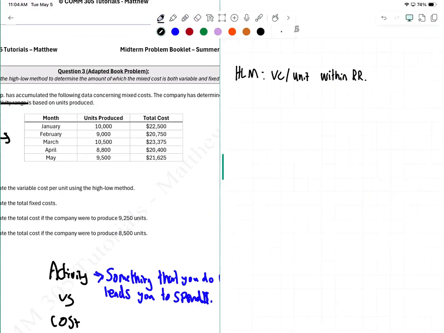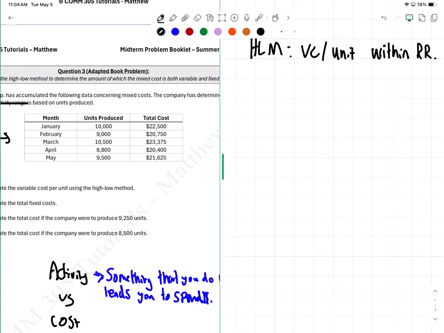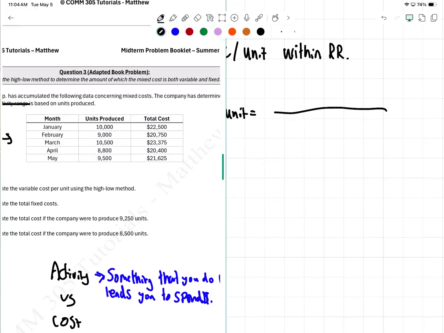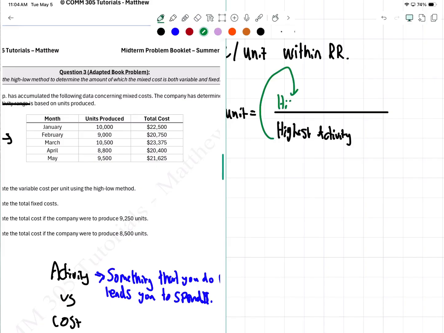Okay? So, guys, now why does it matter, the activity versus the cost in the high-low method? Well, that just comes down to the high-low method equation, right? So for the high-low method, guys, before we even get into the steps, let's refresh what the equation is. What's the equation? Well, your high-low method, your HLM, allows you to find the VC per unit. And how do you solve for that variable cost per unit? Well, guys, for the high-low method, remember, like I said in the theory video, you always start in the denominator. You pick the highest activity, and then, guys, what you need to do is pick the cost that matches the highest activity. So I know in the video, I just wrote highest cost,